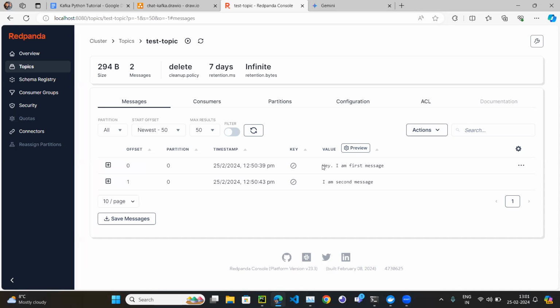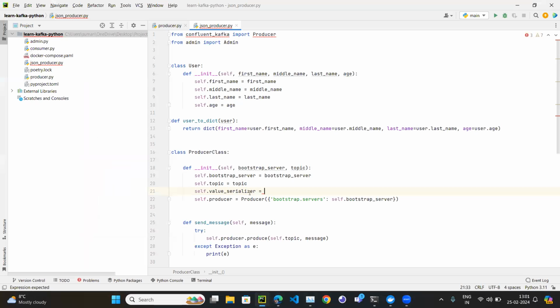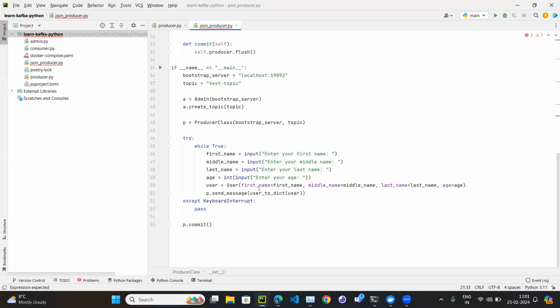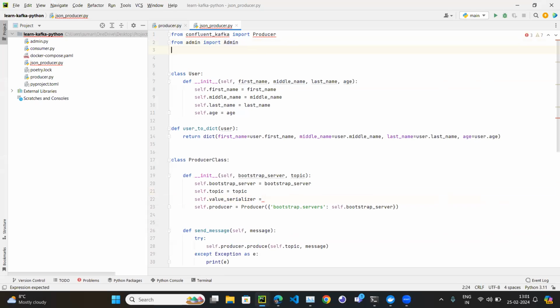If the message type is a string, then we use string serialization, which is the default. If the message type is Avro, then we use Avro serialization. If the message is protobuf, then we use protobuf serialization. That's why I am specifically mentioning value serializer here, right? So what is my value serializer? How are you going to convert in your Python code? If I tell you to write Python code to convert a dictionary into JSON, then what you will do is you will just